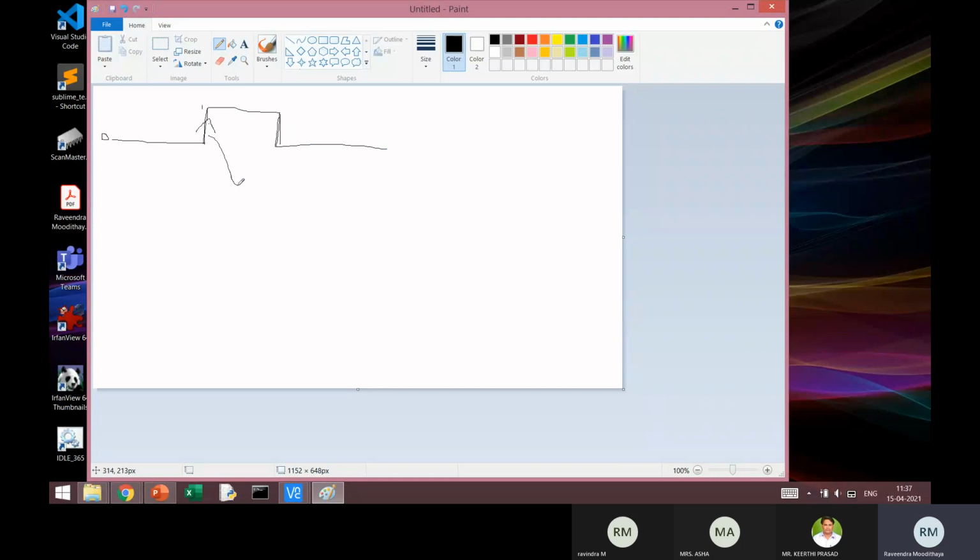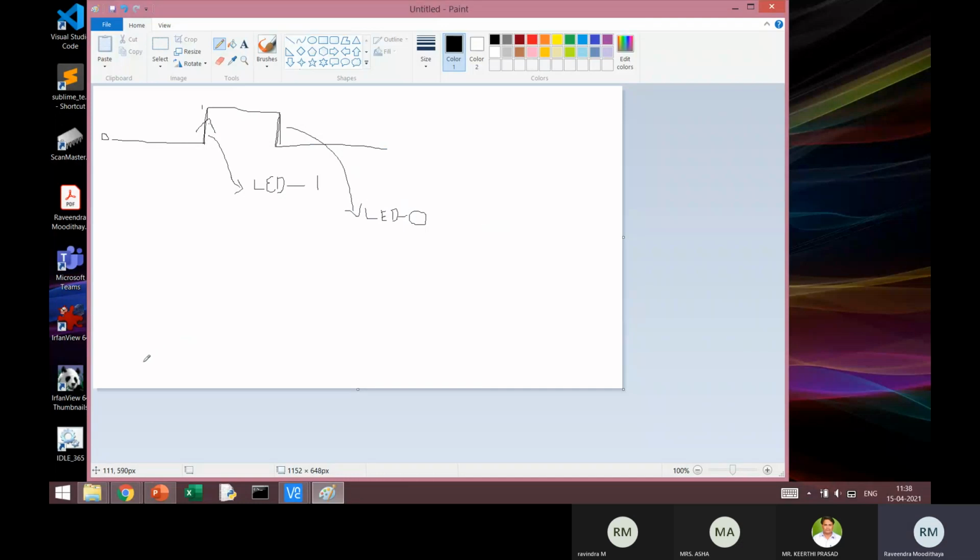So when the first event is detected, that LED has to be turned on. I have to write 1 to that. And when the second event is detected, the LED has to be written with 0 so that it can be switched off. So that's what this program is all about.